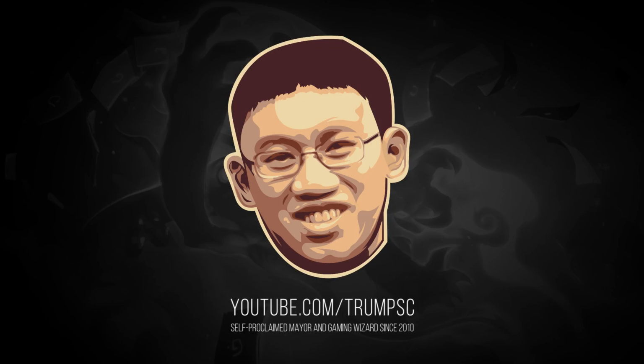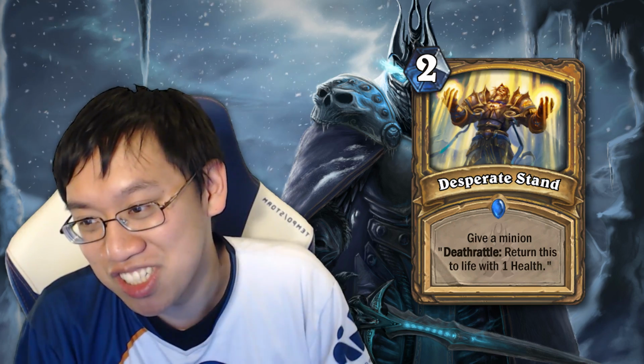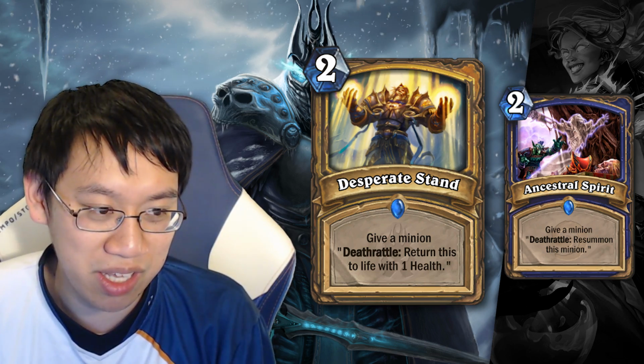The Madman! So, got a lot of cool cards this time, including one of the most interesting cards I think I've ever seen printed. But let's start with this uninteresting card. It's Paladin's version of Ancestral Spirit, and boy is it worse, because instead of Death Rattle return this to life,